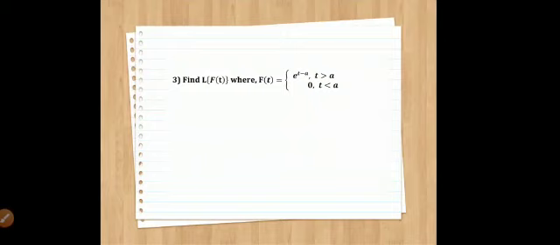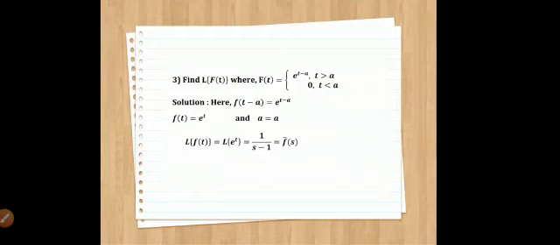find the Laplace transform of F of t where F of t is equal to e raised to t minus a, and t is greater than a, and the function is 0 if t is less than a. So now you will confidently find small f of t and the value of a. So first compare it with the standard form f of t minus a. You will get f of t minus a is equal to e raised to t minus a. So f of t is simply the exponential function e raised to t, and a equal to a.